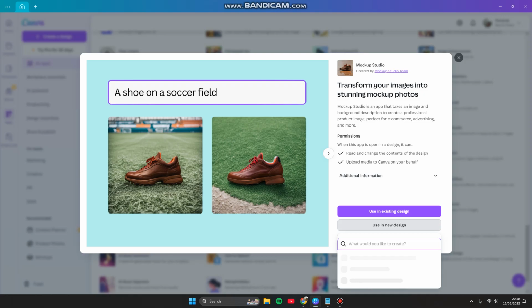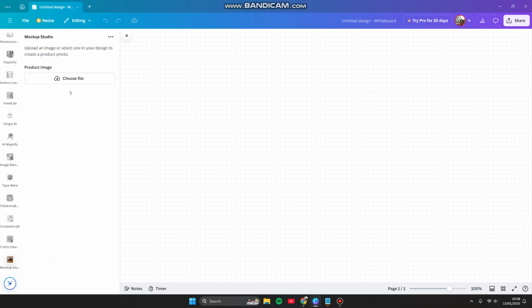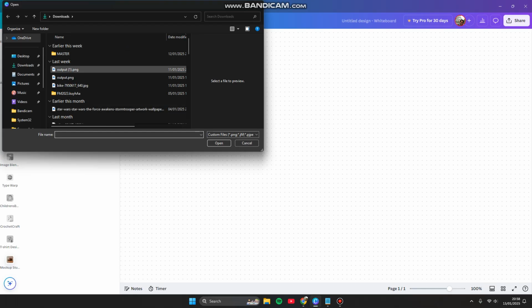Let's get started by clicking Use in New Design and clicking any canvas that you prefer. And here we go. Here in Mockup Studio you can upload an image or select one in your design to create a product photo. So let's click Choose File, for example from your directory,